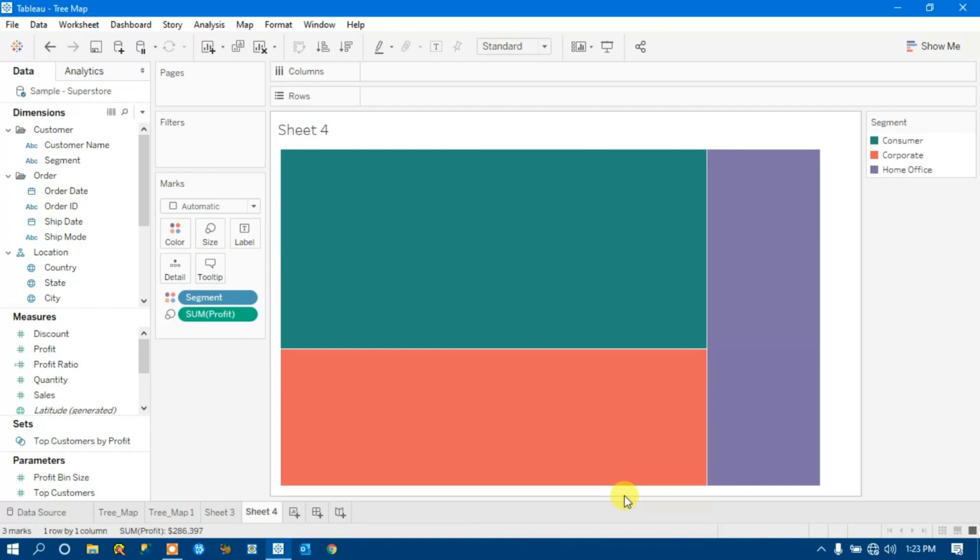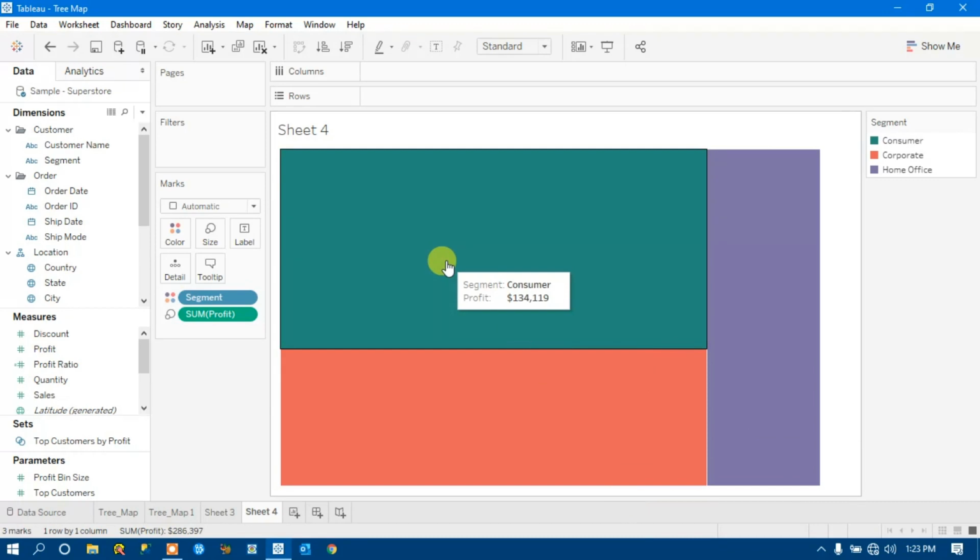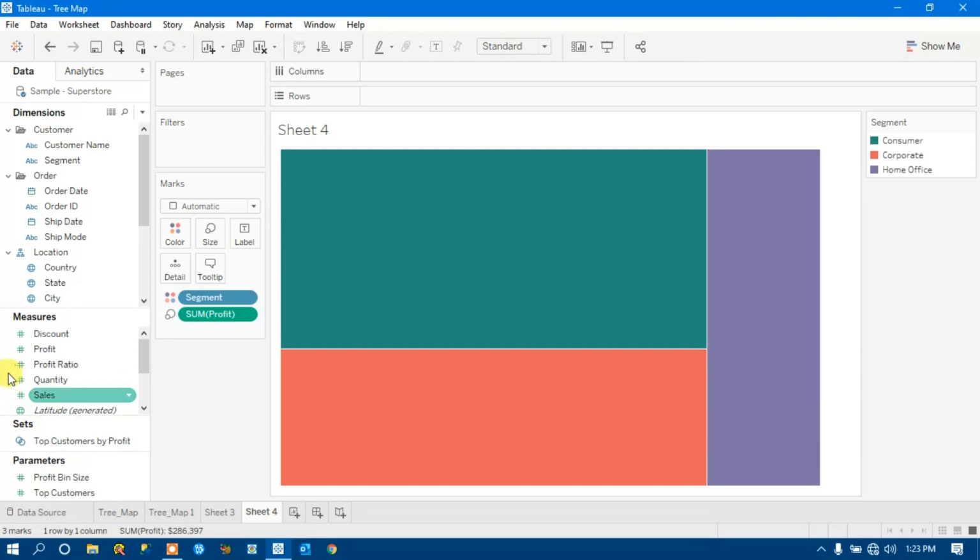And now I will include subcategory in this. What will happen is it will create different rectangles within the consumer segment, corporate segment, and home office.